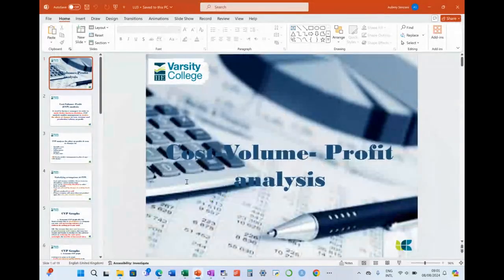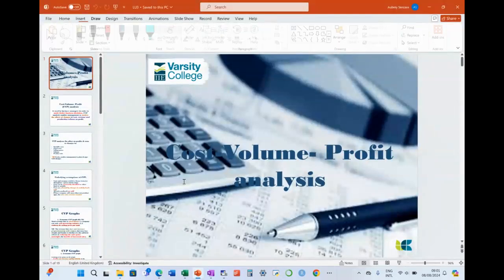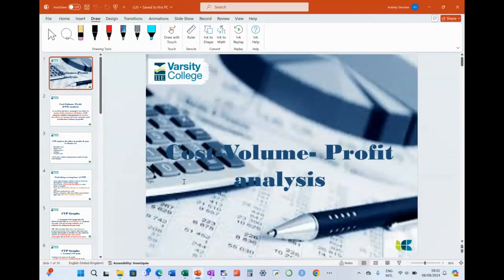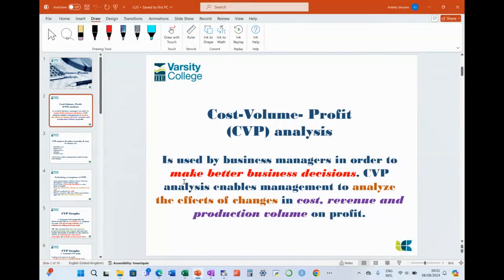Okay. So learning unit 3 is cost, volume, profit analysis. And so again, this is not brand new to us. We went through this in 2A, okay? So it's just probably going to be one or two concepts that are brand new, and maybe the focus will be slightly different from what we had in 2A. But yeah, you'll find a lot of it is the same. And as we know, when it comes to cost volume profit analysis, all right,